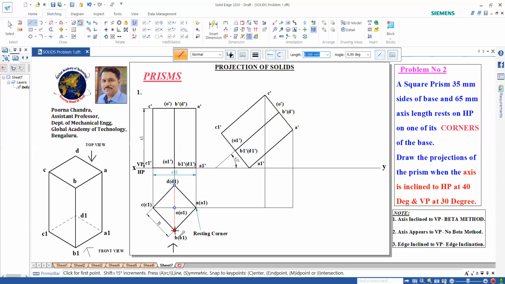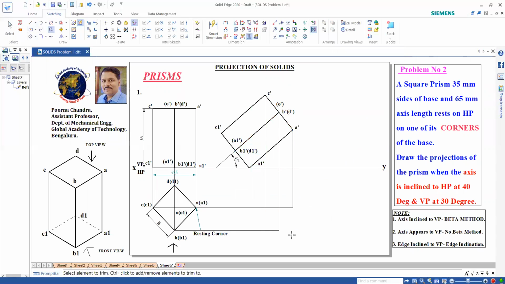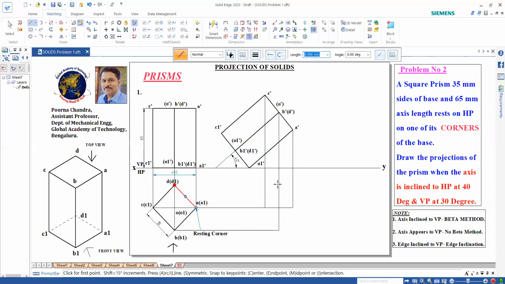Here we have B and D. The B and D line is this. Okay, and then I can project this D up to here. Similarly, this A1 is still here, center line, A1 and C1, B and D till here.